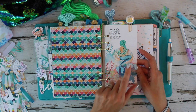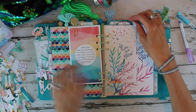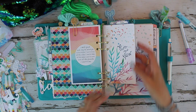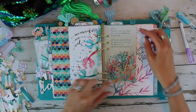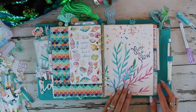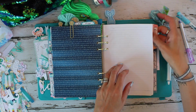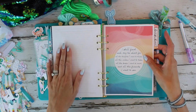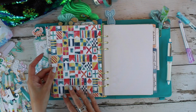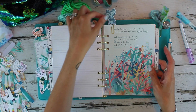I'm not choosing to this month because I think they're just so beautiful on their own. And then I use the personal size dashboards to make my little subdividers. So I just sandwich 2 of those together and make my little subdividers for that section. They're so pretty. And then another one. And this little guy,